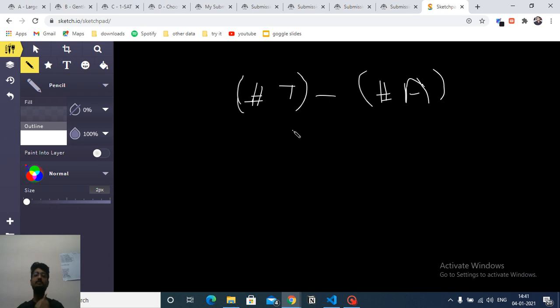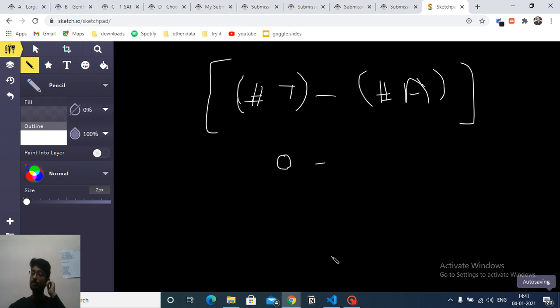Initially, let's assume that Takahashi doesn't go to any city. What will be the value of this equation? Because Takahashi doesn't go to any city, all the voters in all the cities of Takahashi will not give any vote, so this is 0. And for Aoki, all the voters in all cities will give the vote, so it is the summation of AI. So the answer for the initial state, in which Takahashi doesn't go to any city, is minus the summation of AIs.